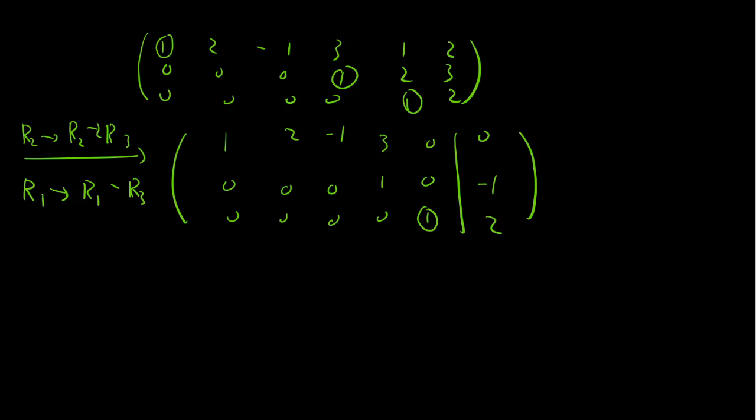By adding negative 3 multiples of row 2. Eventually, we have the final form. I think the final form is